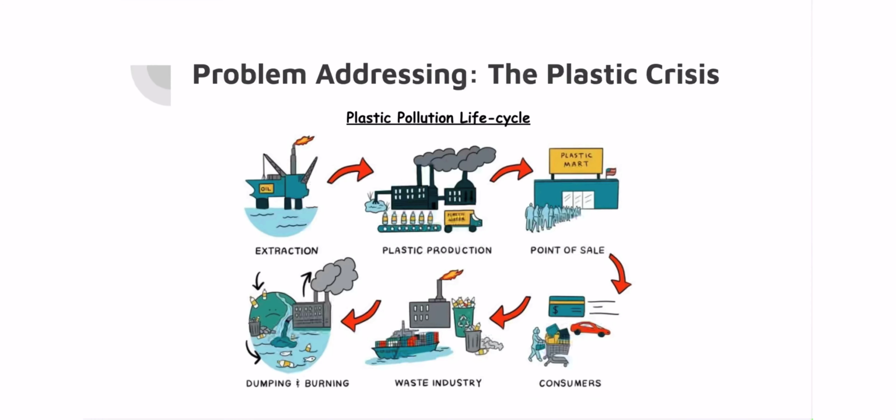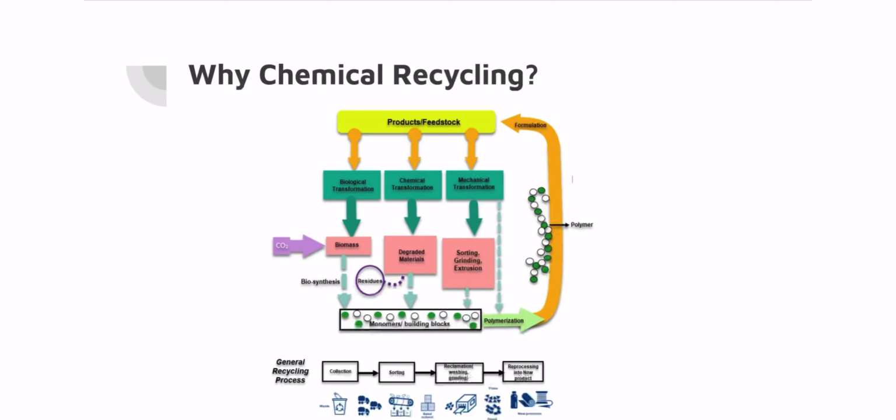From depletion of non-renewable resources to greenhouse gas emissions, if the plastic crisis remains unaddressed, it can lead to major repercussions in the future. However, it is hard to abandon plastic entirely due to the influence it has on our social and economic development. Mechanical recycling is limited by cost and the quality of products, while natural biological decomposition can take many years and adds another step in the sorting process.